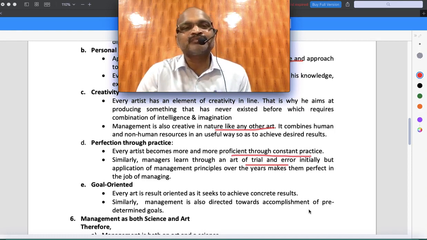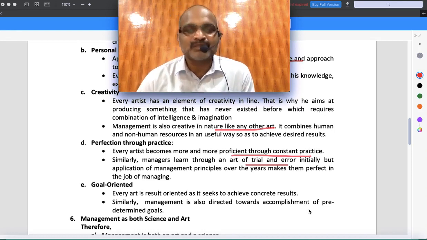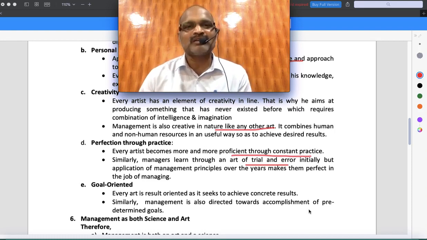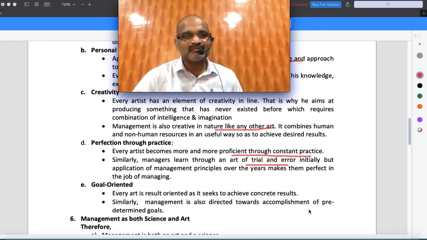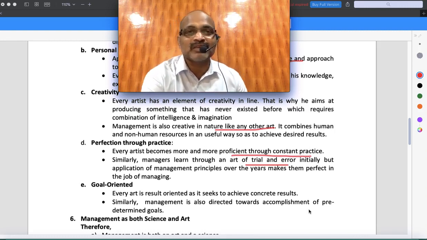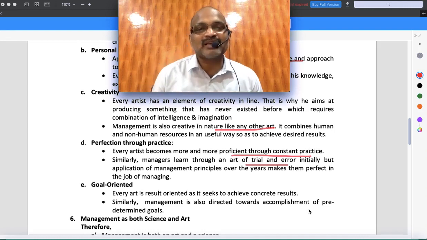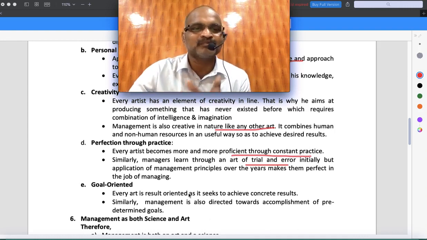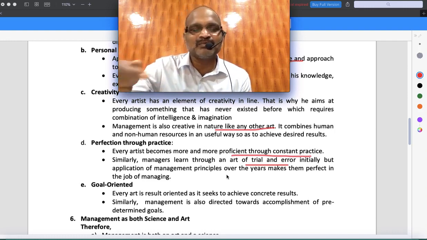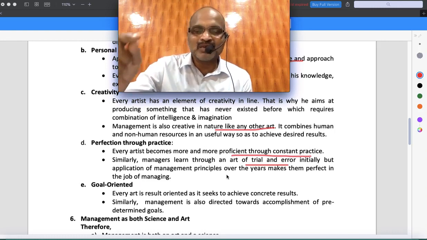Sometimes certain principles that you have implemented in management might not be successful. Suppose, best example, some manager thinks that once in a week, if employees are taken to a dinner or a lunch or a restaurant, people will be very happy. Do you think it is going to be so? You don't know. Sometimes some people will be crazy about lunch. Some people will be happier if you take them once in a month to dinner or restaurants. Certain techniques you will have to experiment. It's trial and error. Just like an artist will try so many pictures and be successful in one, management also has to go for trial and error.